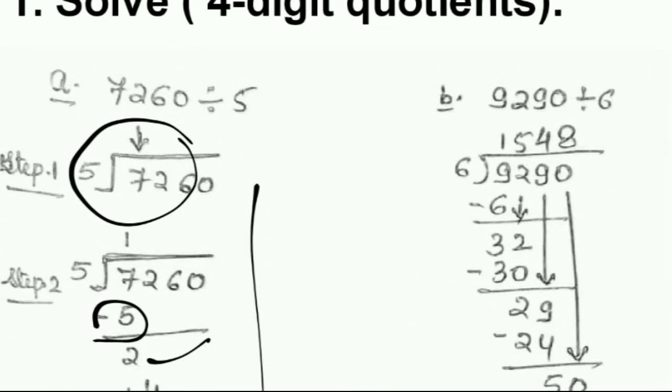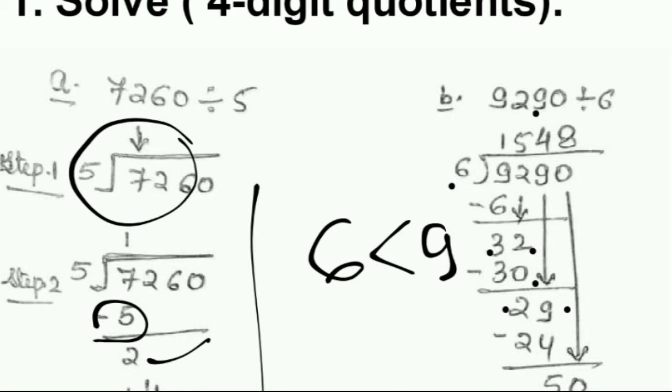First we will check, 6 is less than 9. It means it can go by one table. 6 ones are 6. Remaining is 3. Then we will write 2. 2 means now we will write the 100 place. So 6 5s are 30. Remainder is 2. Now we write 9.